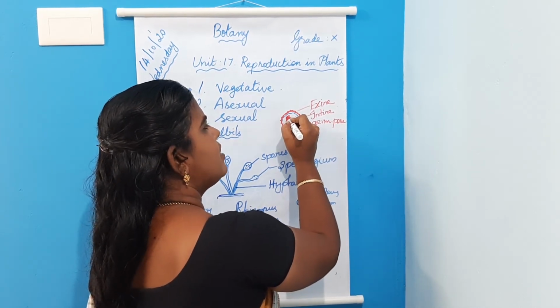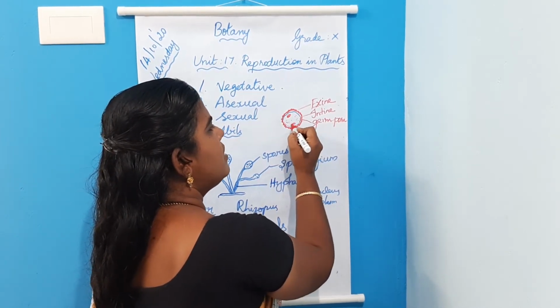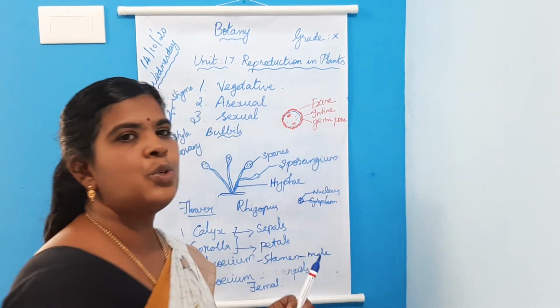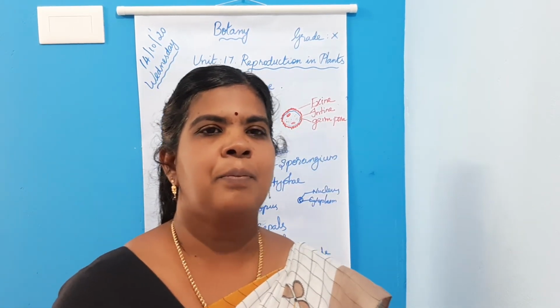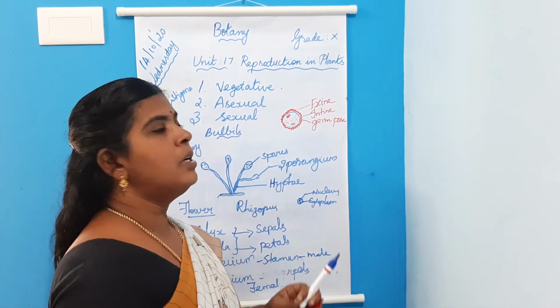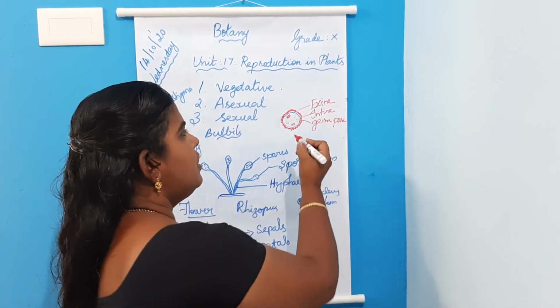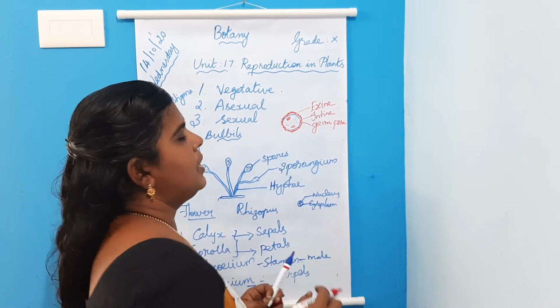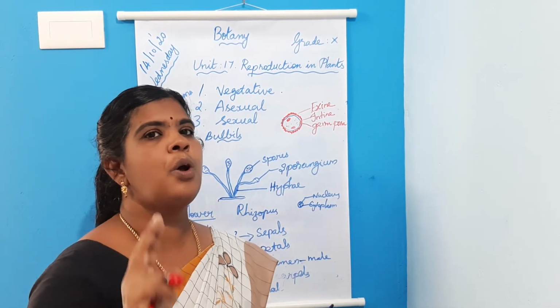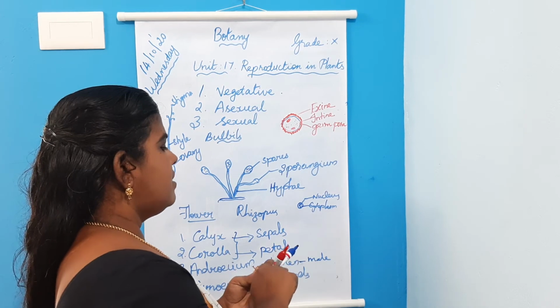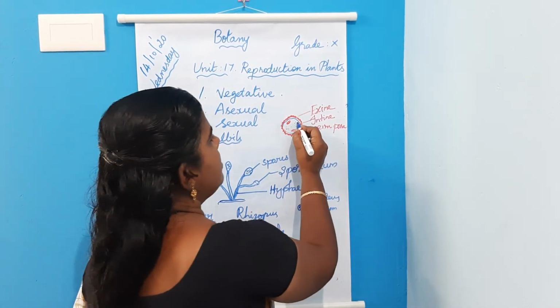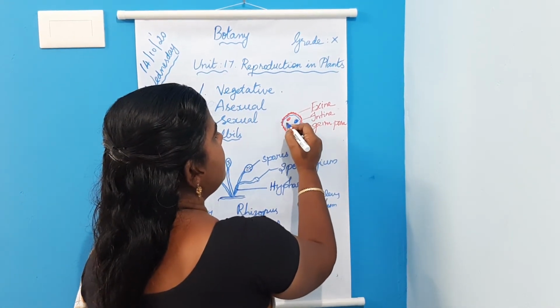The vegetative nucleus is large and the generative nucleus is small. This generative nucleus divides mitotically and forms two male gametes. This is the structure of pollen grain. So pollen grain is the male